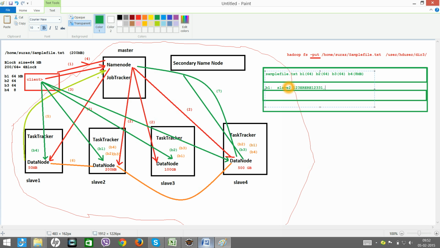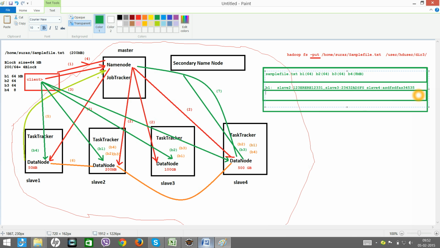Again, where exactly is it stored? B1 on slave 3 at some address. Again, where is this B1 stored? Slave 4, some address. So B1 is stored in these locations.